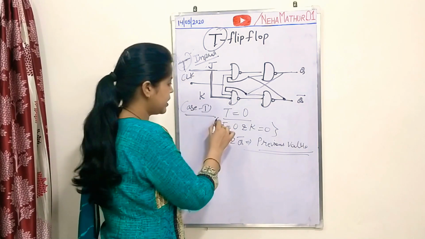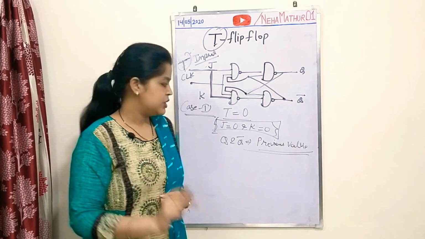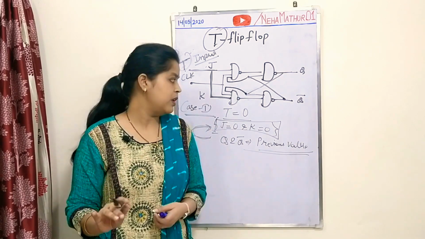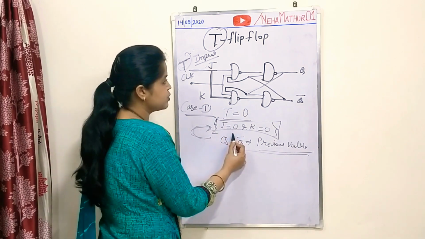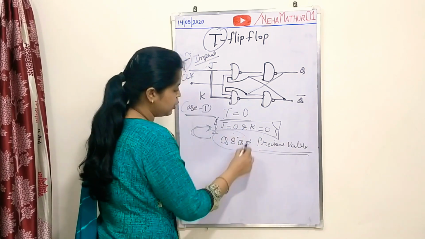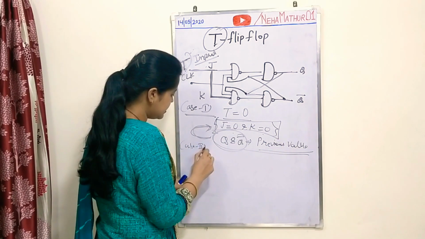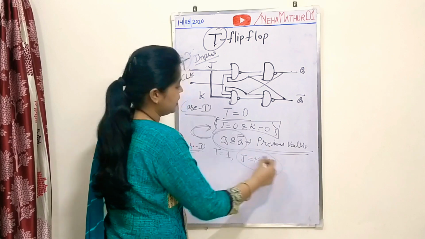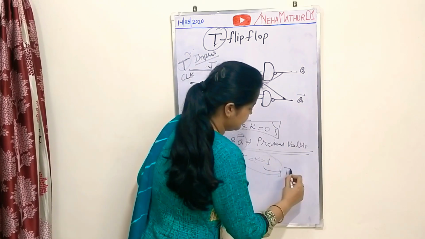Here I am following the concept of JK flip-flop, which I already discussed in my complete detailed video of JK flip-flop. So to follow the concept of JK flip-flop, I will suggest you follow that video so that you will be familiar with it. So when J is equal to 0 and K is equal to 0, it is not possible to predict the output, and the value of your output depends on previous values. Similarly, for your second case, when T is equal to 1, your J and K both will be 1, and for this value JK flip-flop always shows toggle condition.